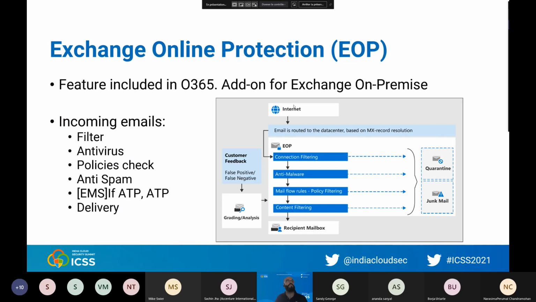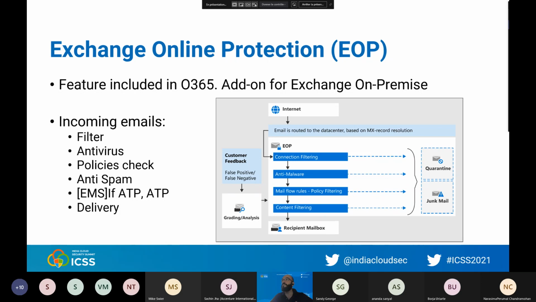How it works: when your mailbox receives an email, before you, as an end user, really receive it, EOP is there. It will receive the email and filter it based on security rules. It will apply several antivirus engines.